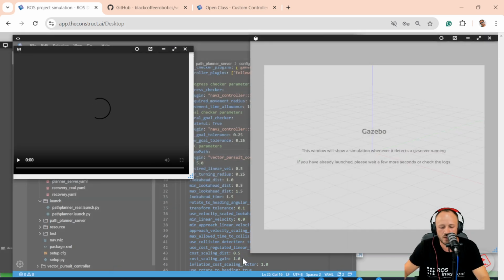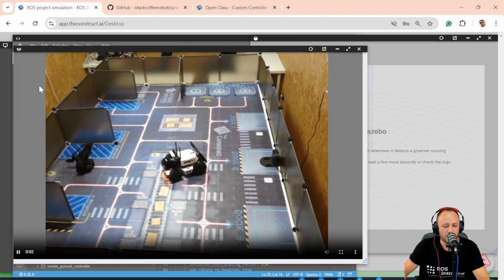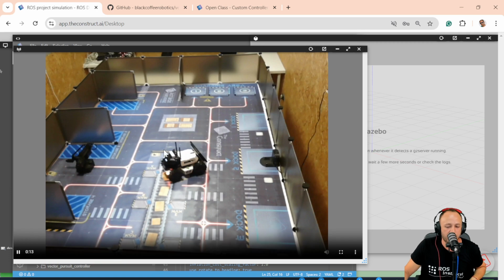There we go. Here I should see the cameras now loading. There we go. So this is a real camera live right now. This is a room that we have here in our offices, okay? And this is, as you can see, a very basic environment, and we have here a real LIMO Pro robot,